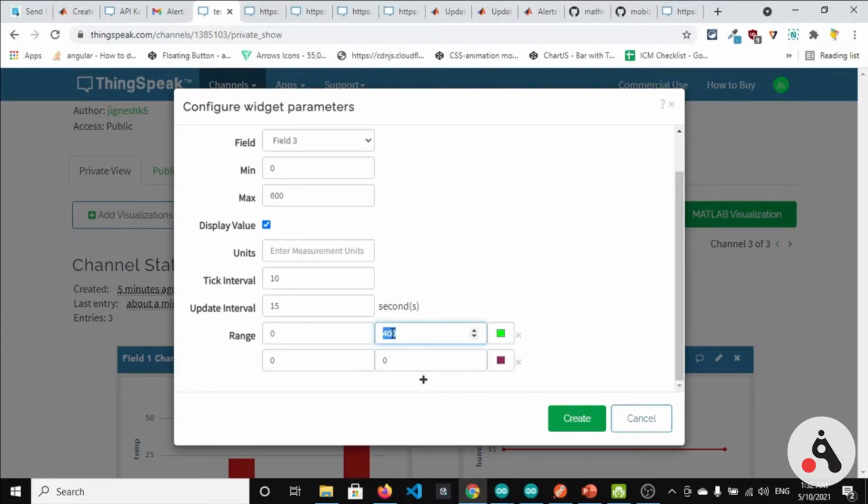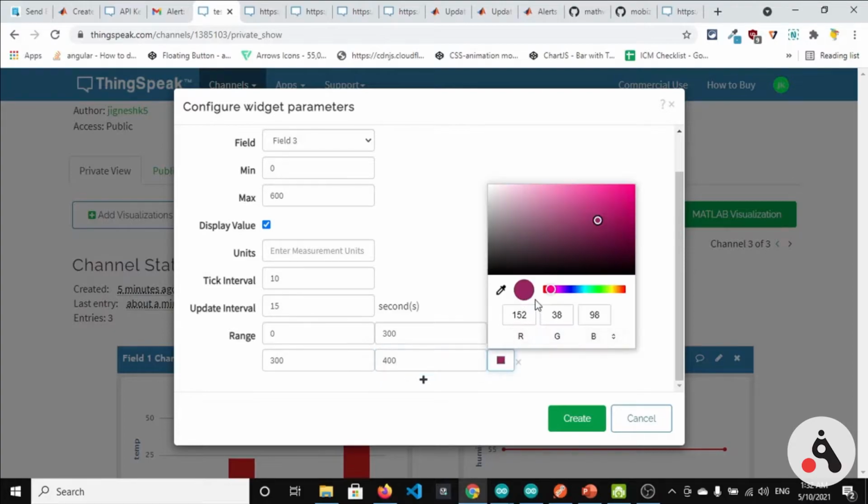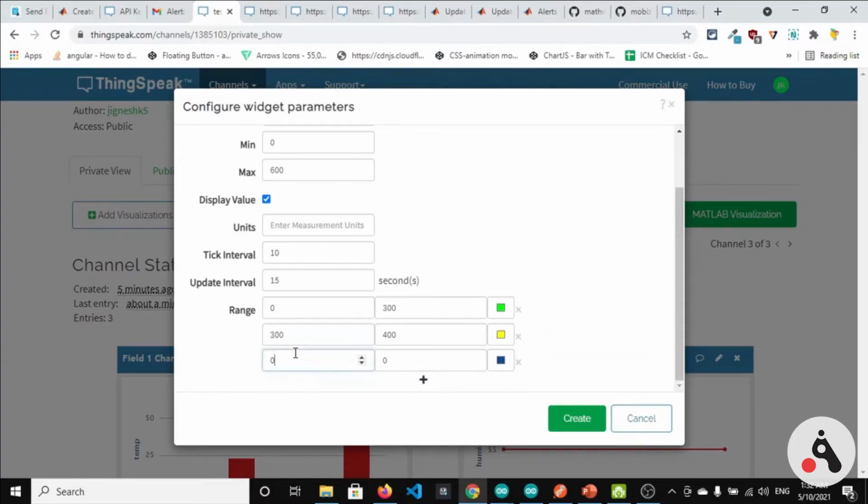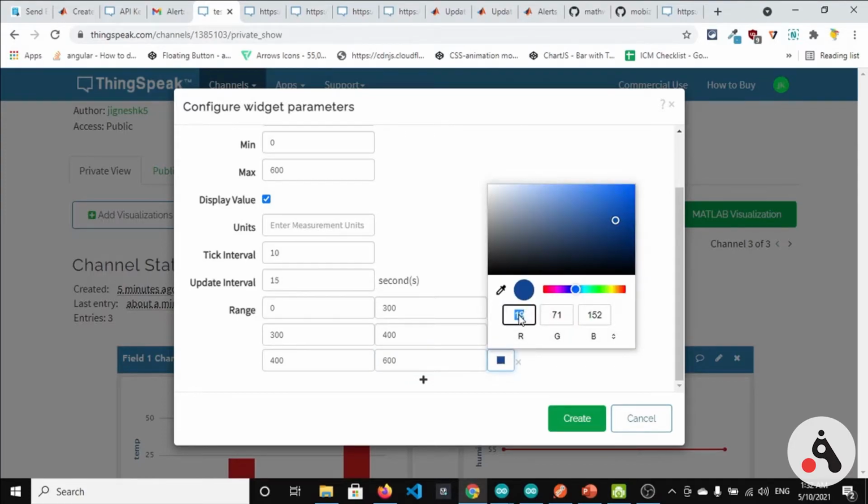Let's make it 300, and 300 to 400 becomes 255, 255, 0. And after that, 400 to 600, which is the maximum value, we can make it red, 255, 0, 0.